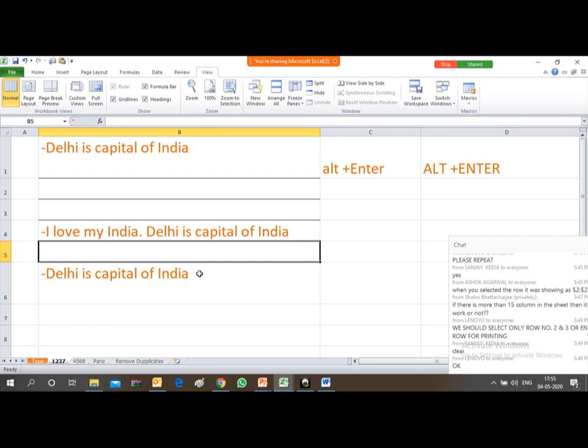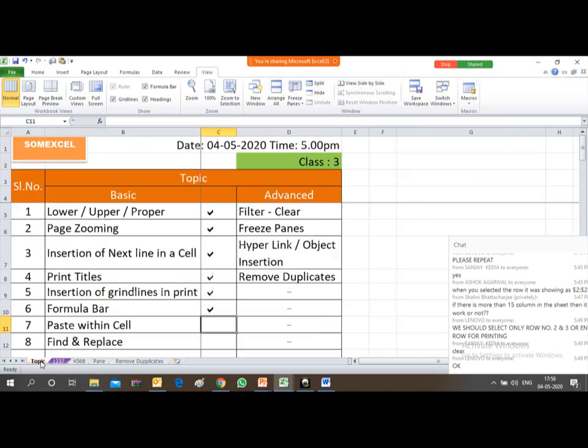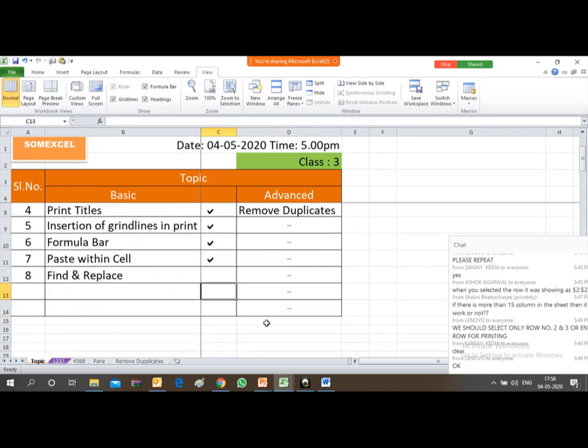This way you can copy and paste your data within the cell. So friends, hope this is also clear to you. If you have any query, we can take it at the end of the session. Friends, our next topic under the basic category is find and replace.